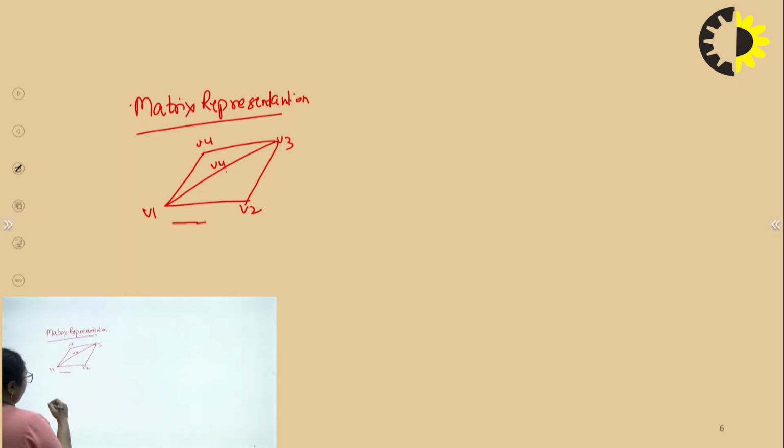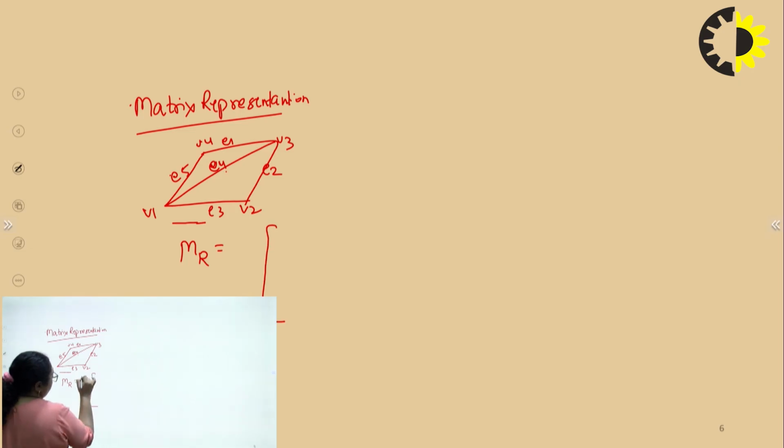So we have four vertices and 5 edges. We have to represent it with the help of a matrix. So we denote it as MR, matrix representation. So vertices